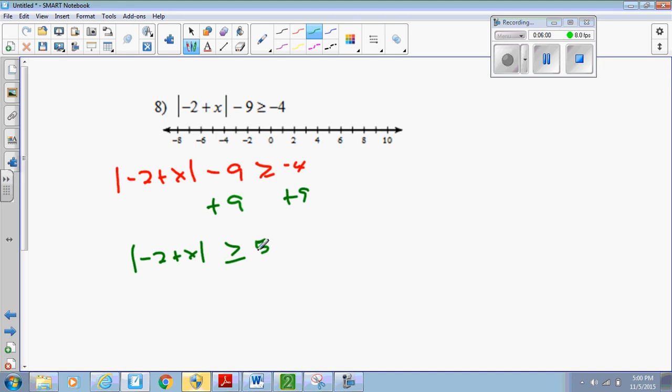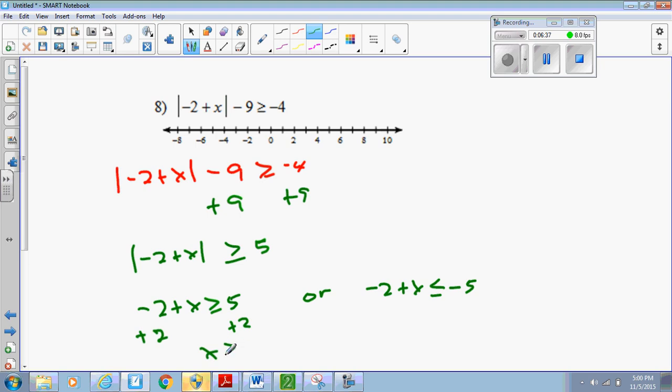And now I'm going to write two equations for this one. Well, actually, technically inequalities, but it's the same idea. Negative 2 plus x is greater than or equal to 5, or negative 2 plus x is less than or equal to negative 5. What we do is once we have the absolute value isolated, we write two equations, one just as it is without the absolute values, and one where we switch the direction of the arrow and switch the sign of the right number. So now I'm going to add 2 to both sides, and I got